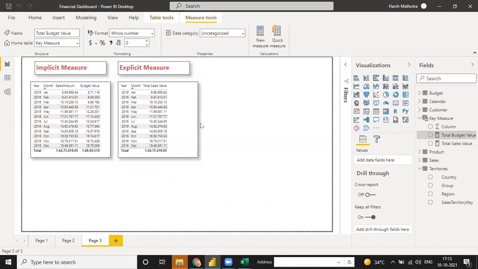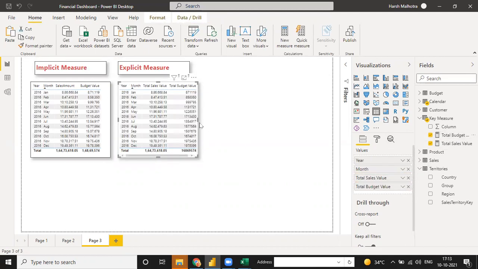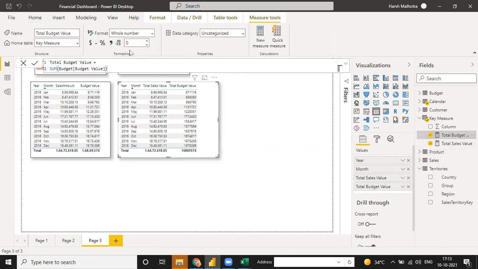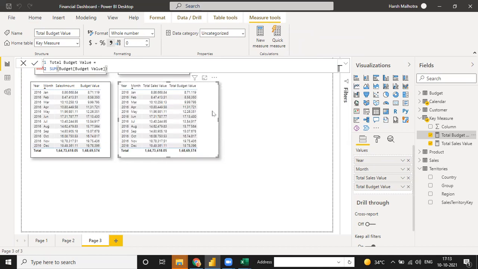Same way, click on this table, total budget, and see the value is same. Go to this total budget and format with comma delimiter. It means every row or every month your value will be the same, but implicit measure is used only for one time, not only for filter purpose, but explicit measure is used for multiple calculations.